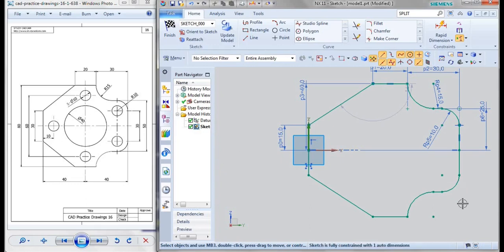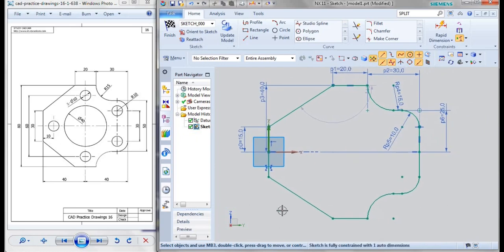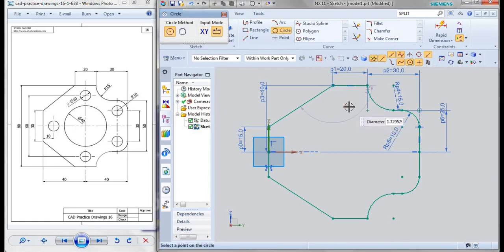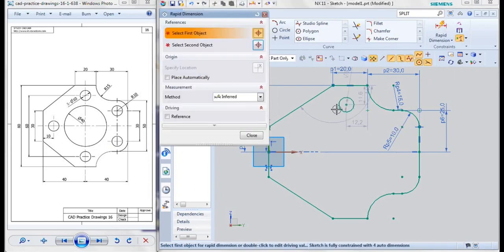Now I'll be drawing the inner circles. For that, let me take a dimension, that is these two circles are at a distance of 60. So what I'll be doing is I'll be creating one of the profiles, and I'll be going for mirroring my profile. Take a circle, draw a random circle like this with a diameter 10,